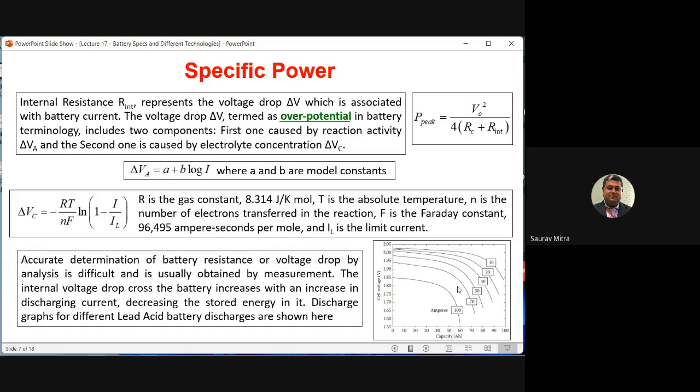Likewise, if you're asking for too much current from the battery, its initial voltage rating will reduce. And you find that it is giving you quite constant current. I am talking about this 10 ampere curve, almost up to 80 hours, and after that suddenly there is a drop. Since the x-axis is capacity in ampere hour, up to almost 80 ampere hour it is giving you 10 ampere, that means up to 8 hours it will be giving you quite a good output. This is 10 multiplied by 8, that is 80 ampere hour.